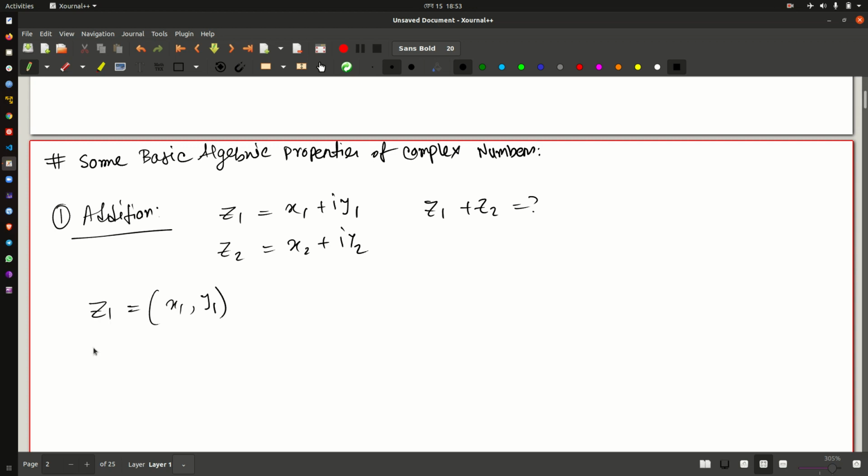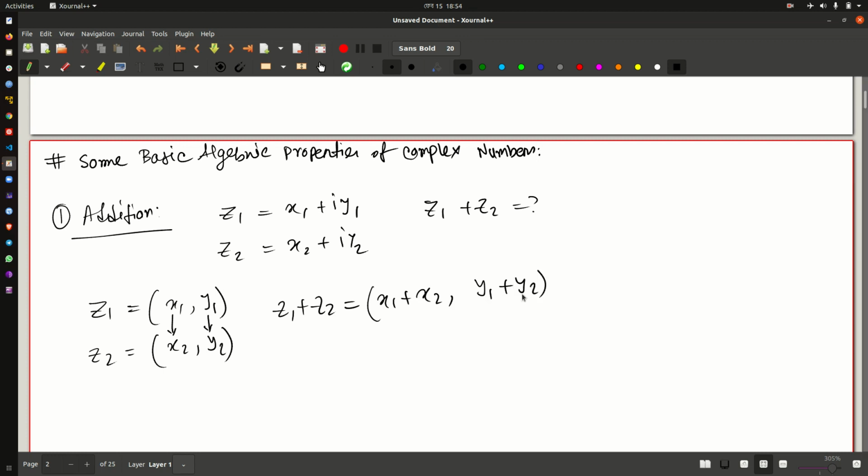You can also write it like this. And when you have these ordered pairs and you want to add them, the rule is to maintain that order when you add them as well, or subtract them, because subtracting is just reverse addition. So if you do that, this is just x1 plus x2, y1 plus y2,